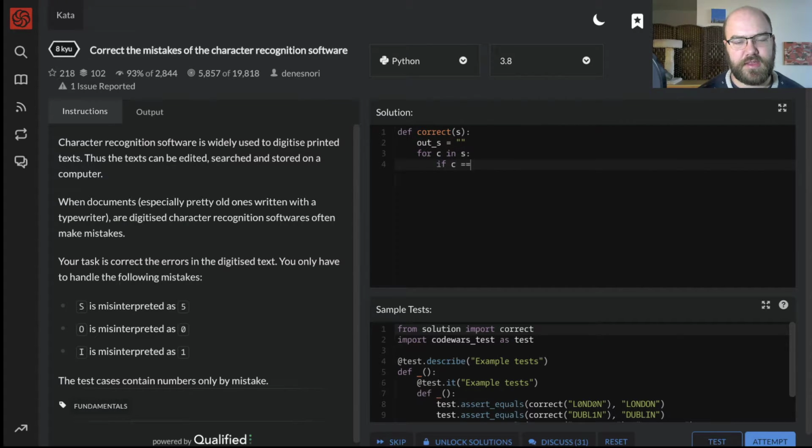If C equals 5, outS... I think I could do plus equals with strings. Well, let's just be safe and do it the way I know it's okay. outS equals outS plus C, elif C equals 0, outS equals outS. Oops, this was C is wrong here. Plus capital S, outS plus capital